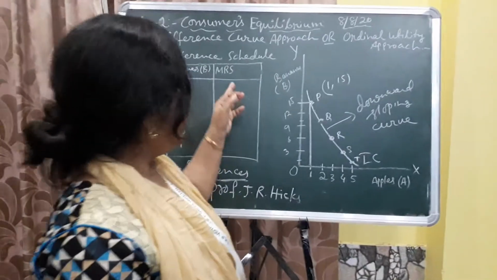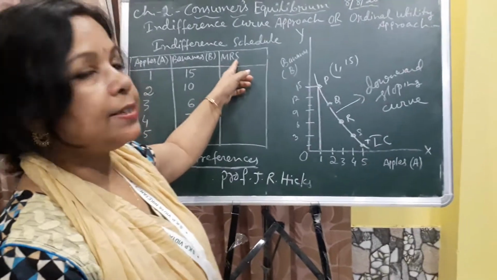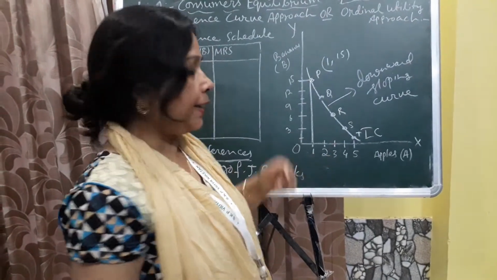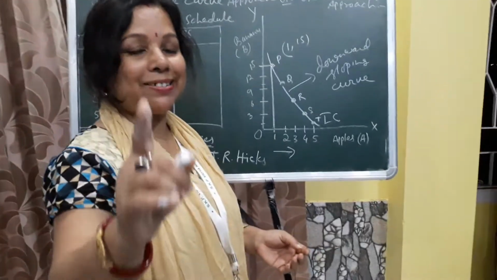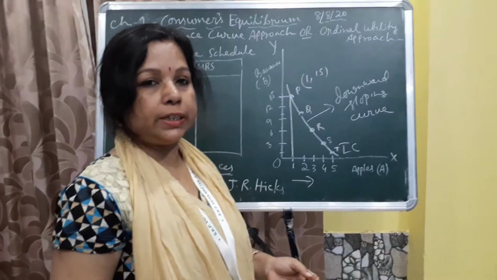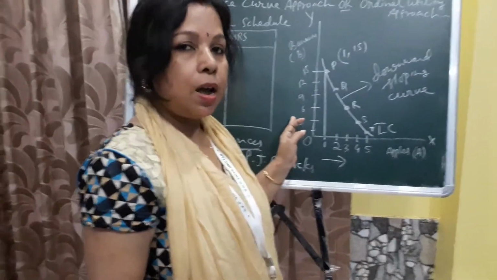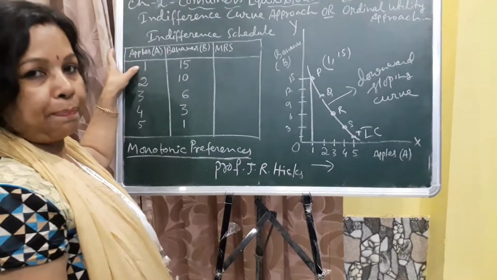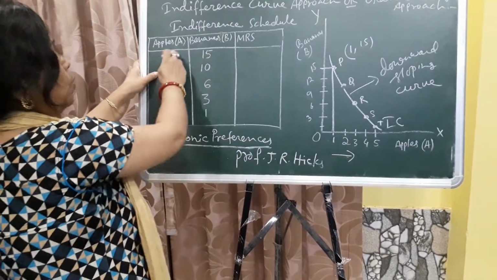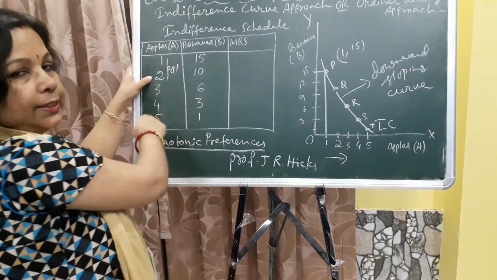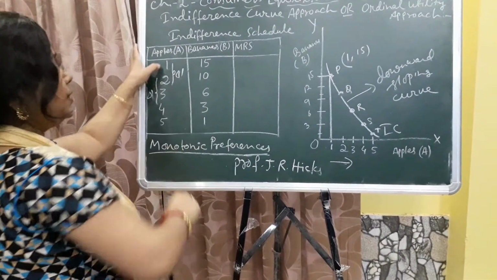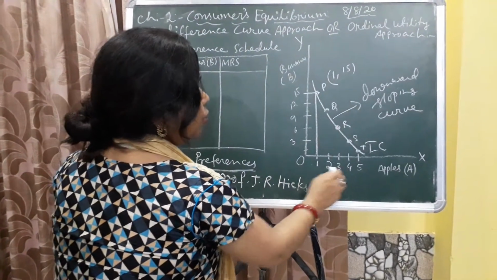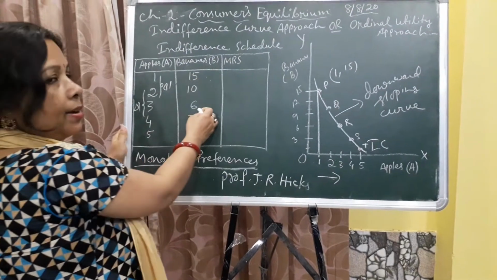Now the next point, the marginal rate of substitution. What is this marginal rate? In the previous class I told you that marginal means when we increase an extra 1 unit of a commodity, we have to sacrifice another commodity. From the schedule we have seen that the amount of apples increases from 1 to 2, extra 1, delta 1, a change of 1; 2 to 3, delta 1. So when we increase by an extra 1 unit, 1 to 2, 2 to 3, then the bananas decrease.